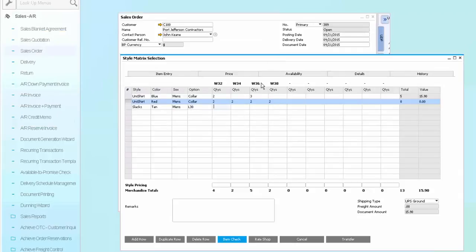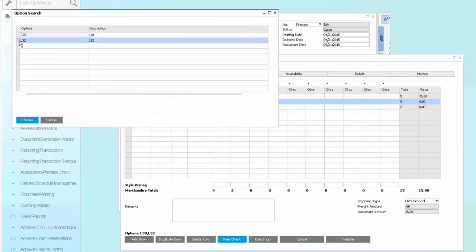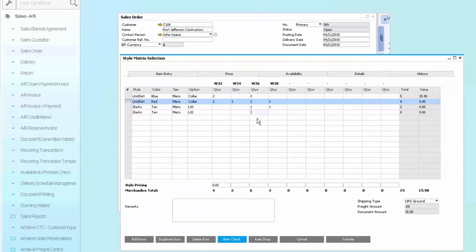The sizes again change, representing the fact that these are pants. So since these are men's pants, they have waist sizes. And again, I could choose to order the pants in the different sizes that I need. Similarly, I have the ability to again choose slacks. And in this case, I'm going to choose length 32, which contains the same sizes, but gives me a different